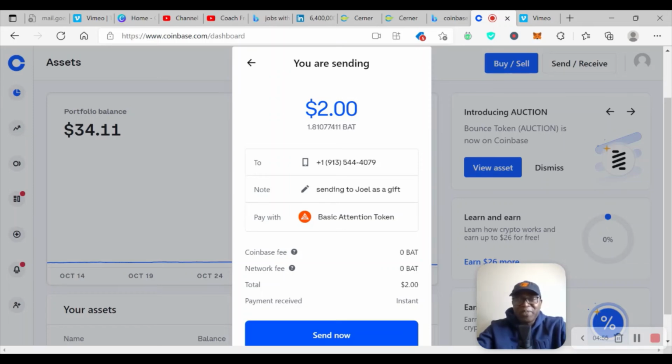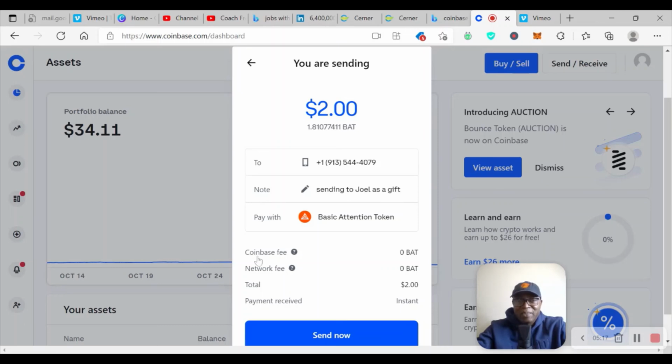It's very important that you make sure this is what you want to do. So you are sending $2 in this coin, which is Basic Attention, to your friend using his mobile phone number. And you put a note that you are sending it to Joel as a gift. And this is the coin you selected.